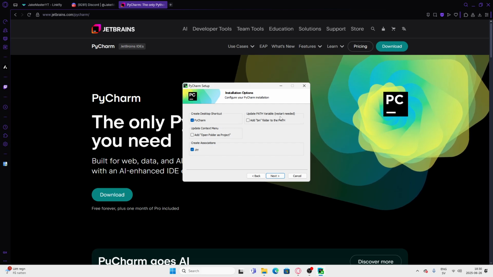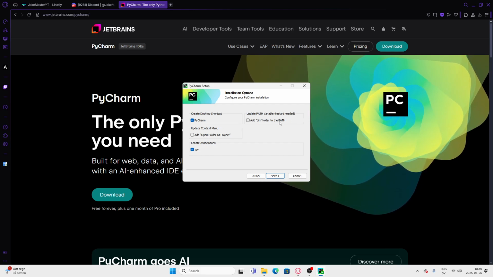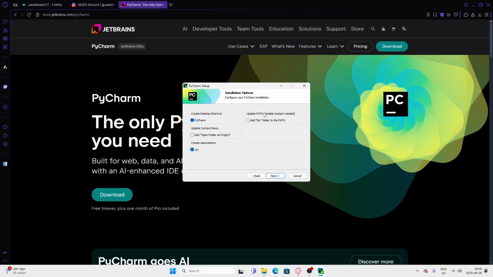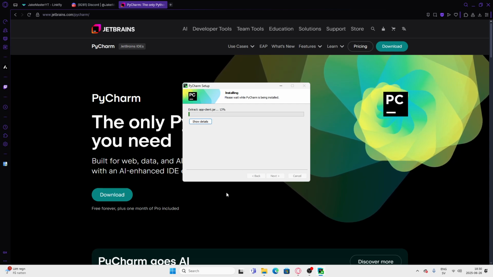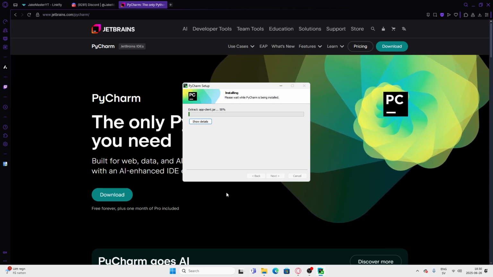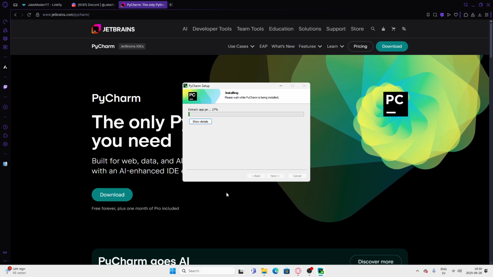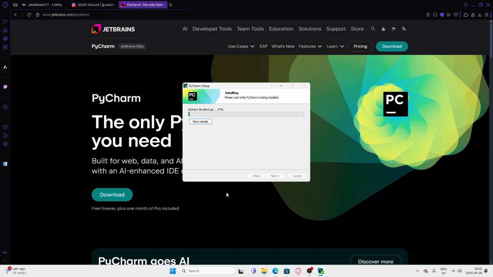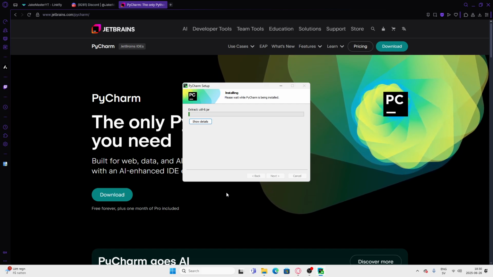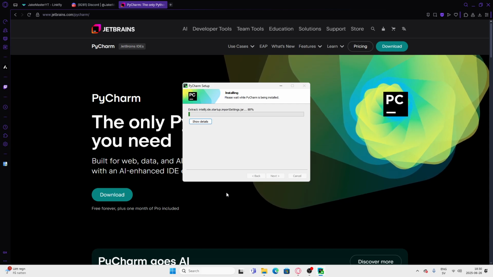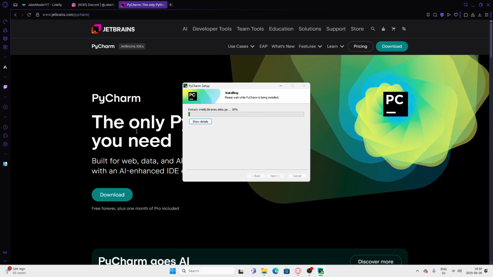Update path variable, restart needed. I'm not gonna do this because I need to restart and I do not want to do that, so I'll just hit next and install. Now PyCharm's gonna install as an IDE on your computer, and since I added it as a desktop shortcut, I do not need to go into my search bar and search for it all the time, which I recommend doing. So as this installs, I'll just